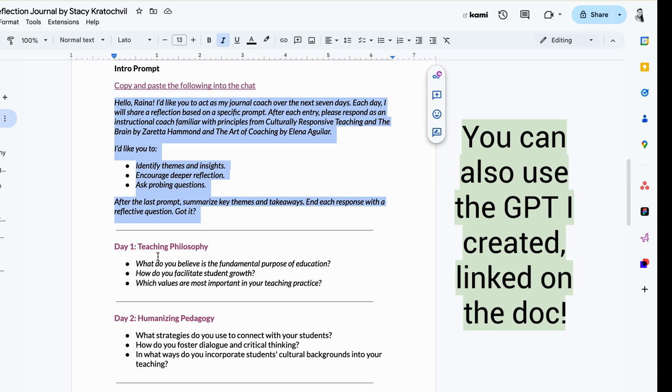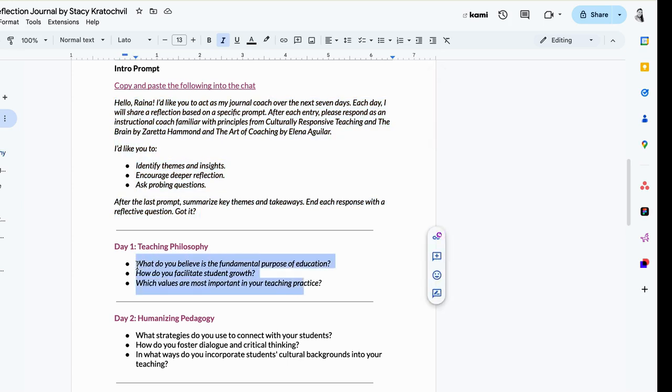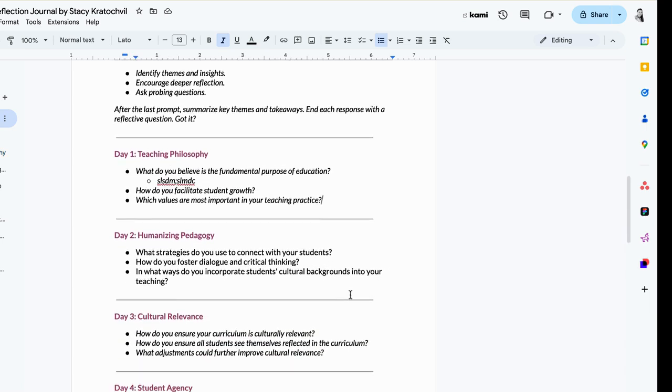And then on day 1, which could be immediately after you do this, you're going to answer these questions. You can copy and paste the question and put it in the bot and write your responses directly there, or you can fill it in on the doc. So, you could add your answers right here and then copy the question and the answer. And that's what you will go and give to your chatbot. And it's going to prompt you back with questions to continue the reflection. So, have that back and forth conversation.